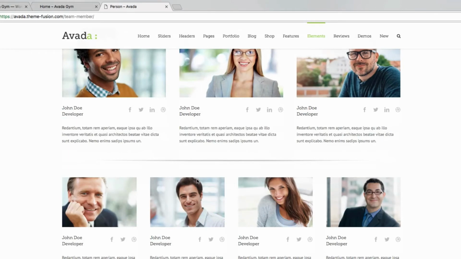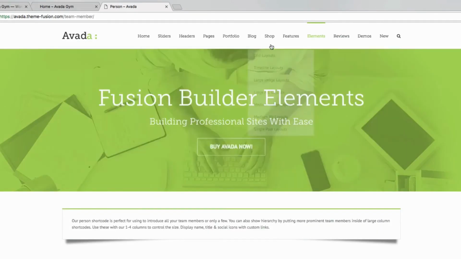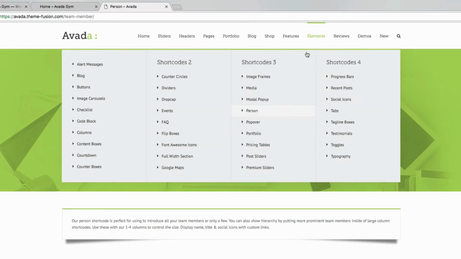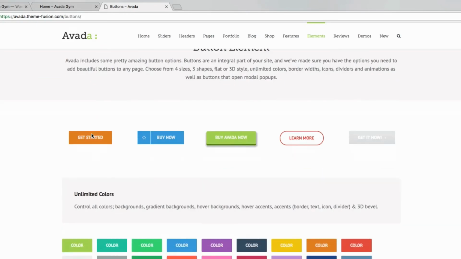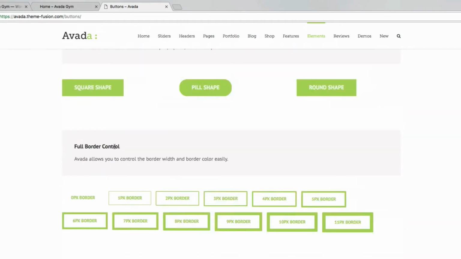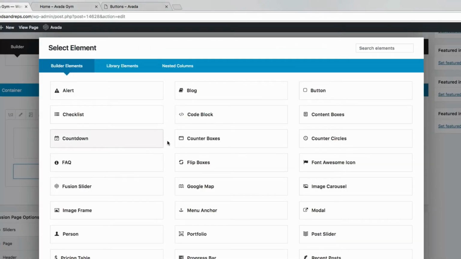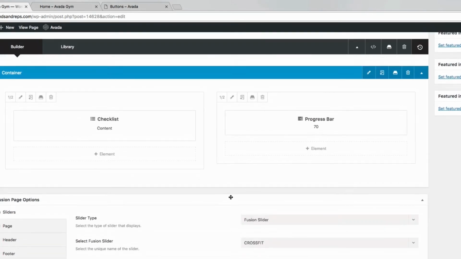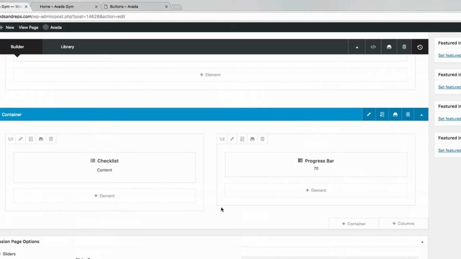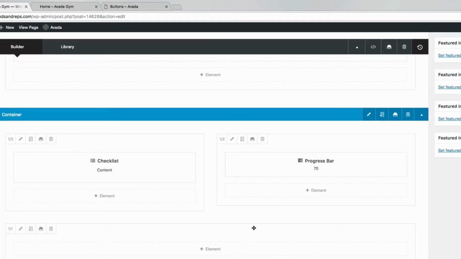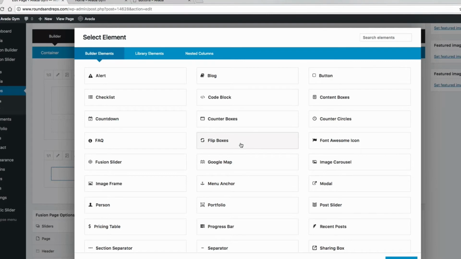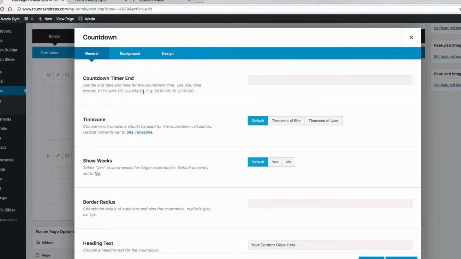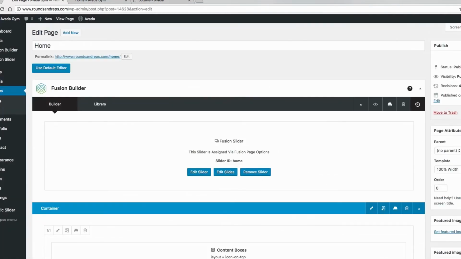And so look, we have right here a 4 column. And again, I want you to just look at this so you know what all these buttons do, what's actually available and possible, because if it's here, it's definitely possible to make. So different buttons, you can change the color, you can change anything, and it's really neat. And so, going back here, if we wanted to, for instance, add something else, we can just do another, let's see. You can just add another column right in here, right underneath these other two that I did. We can do an element right there. And then let's see, do a countdown box. And so you put in the time and everything right there. Hit save. And then if we preview that,